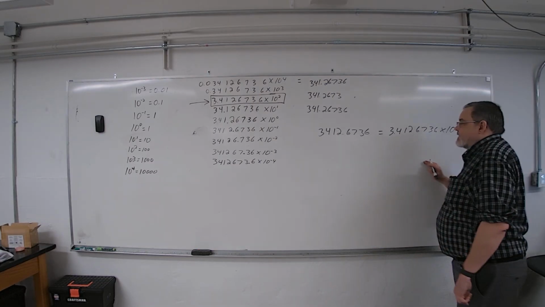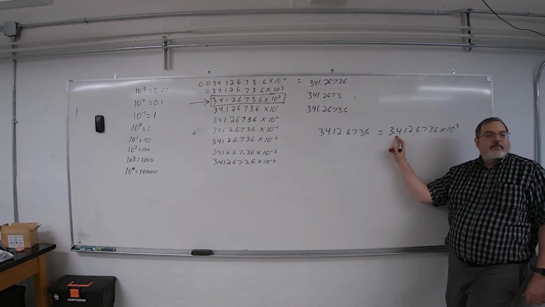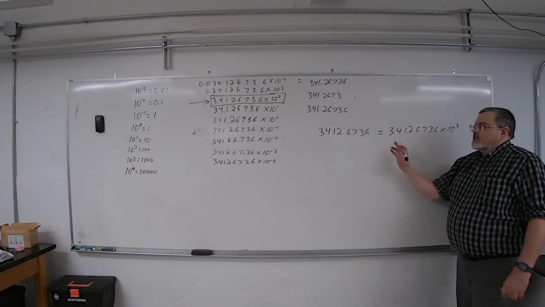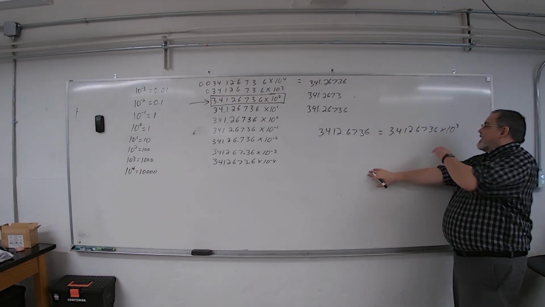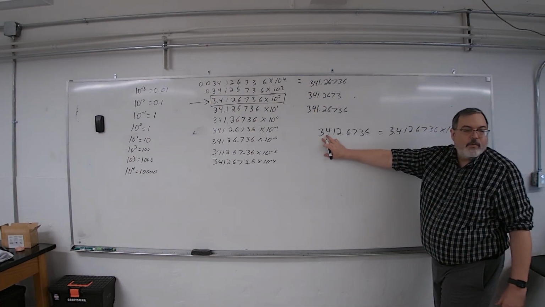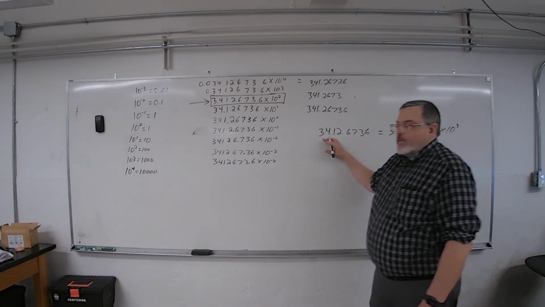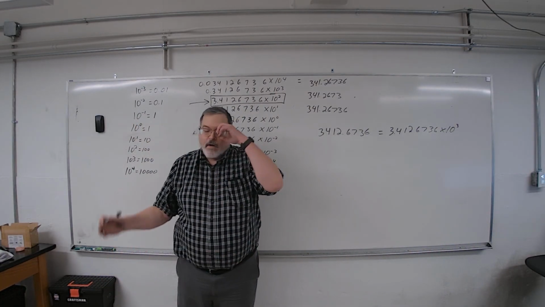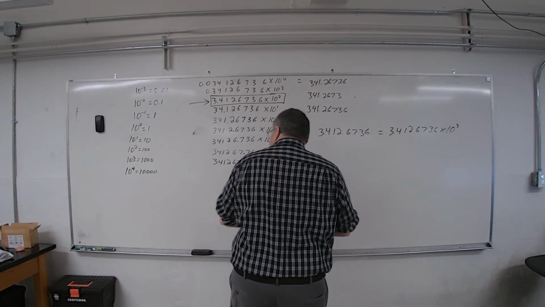That's what you want to leave for your answer, because it has the decimal just to the right of the first digit. That's your goal with scientific notation, is to take the number you've got and find the power of 10 that represents it, but with the decimal right there. But they have to be equal in magnitude. They have to be exactly equal. Okay. So again,